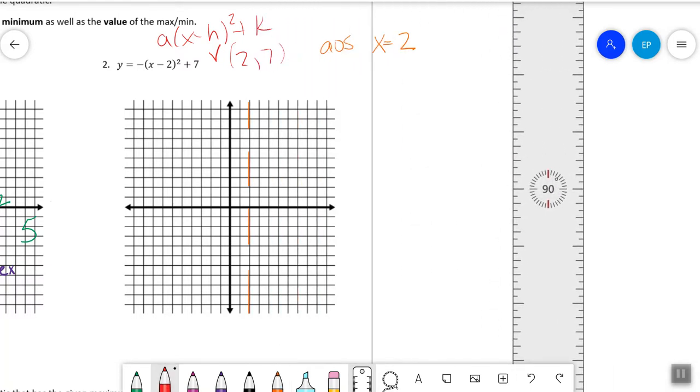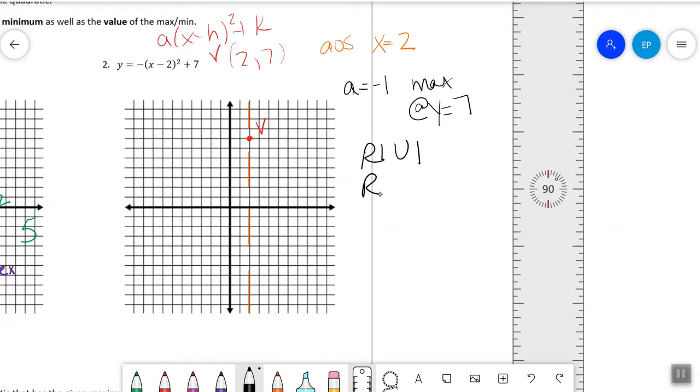Come back. And so then I'm going to go to 2, 7, 2, 3, 4, 5, 6, 7. If I completely color code, I don't have to label anything, but I'm still going to put a V there for vertex. Alright. A equals -1. So I have a max at y equals 7. That doesn't do anything, but my right 1,